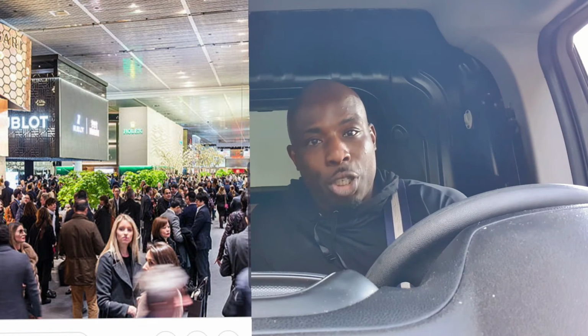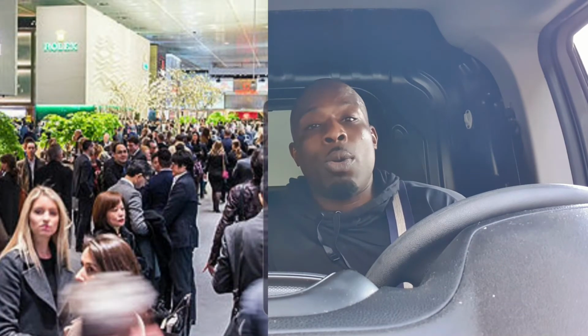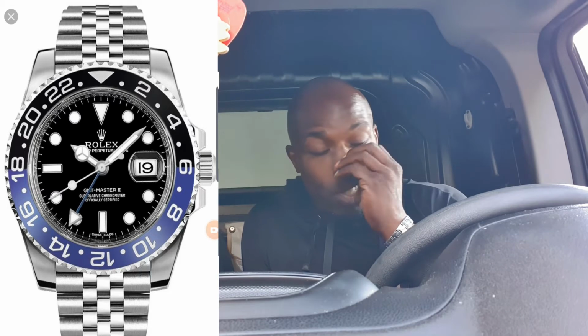There's a place called Baselworld that basically happens every March, where all the Rolex dealers, Hublot, Cartier, Breitling, they all go to these places. It's in a big massive building. They have their little buildings in there, and you can go there and learn about watches and see the watches that they're bringing out for the year. So it's a good place to be, and good for you to know what you're doing there anyway. When you get there, you see a lot of watches and a lot of goodies. But anyway, as I said, the Batman,